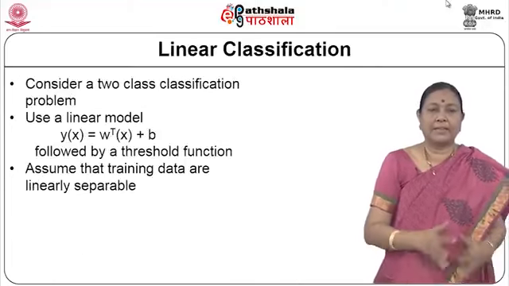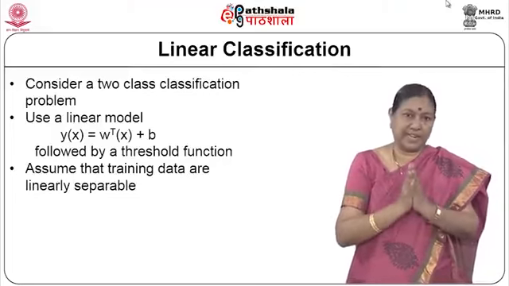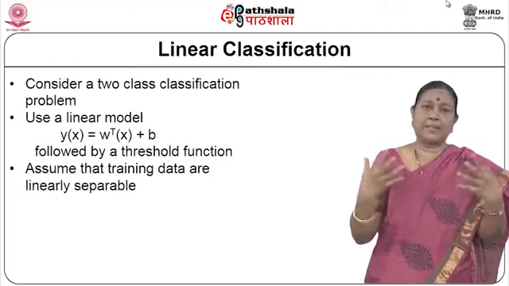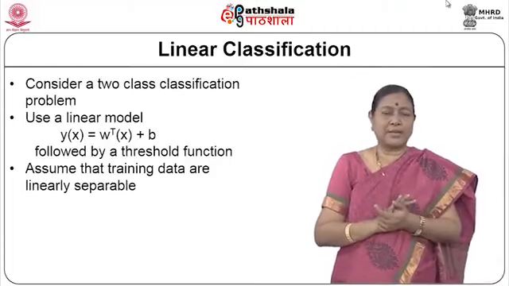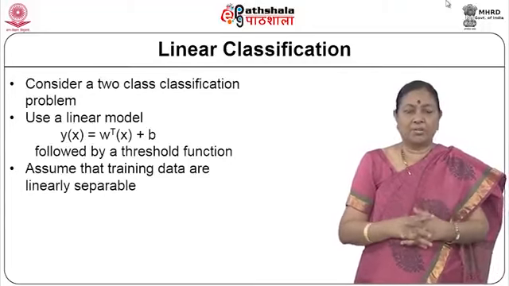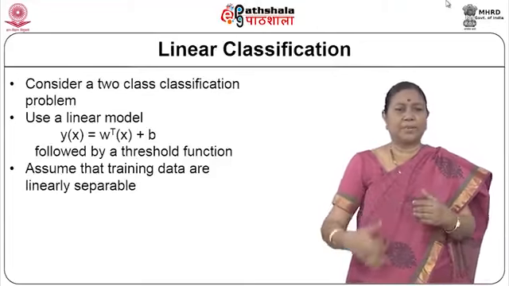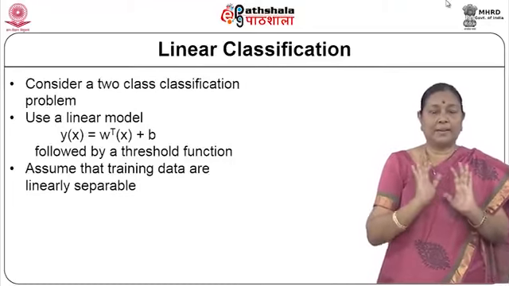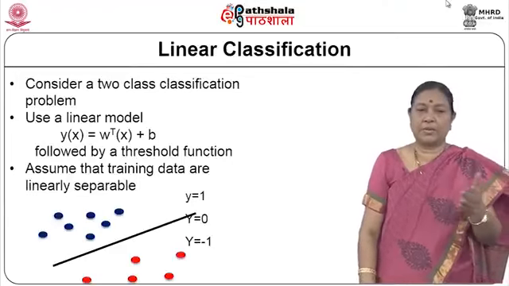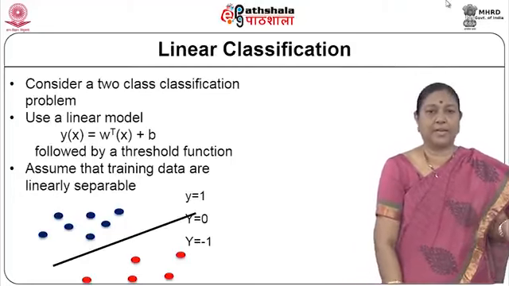Okay. So again, just to recap, basically a support vector machine or SVM is a two-class classification problem. You find a plane that separates two classes. So it uses a linear model of the form y(x) = w^T x + b, and it also uses a threshold function which says that if it is above the threshold it is 1. Normally you use it equal to 0 and say positive or negative, and you assume here that the training data is linearly separable. As you can see, y = 0, y = 1 and y = -1. So this is what we assume. This is just a recap of what we did in the last module.